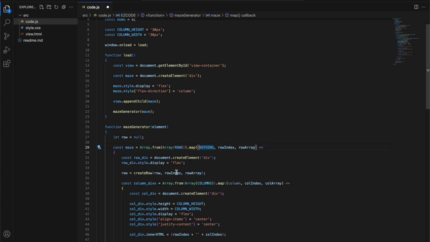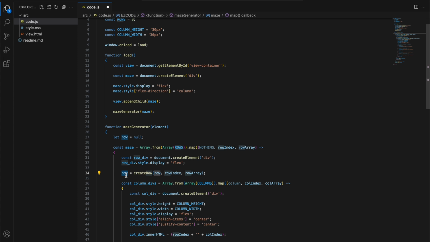And it's going to pass in the first row index, which is 0, and the row array. And then it's going to do its magic, and it's going to create a row for us. And that result of this function is when this gets assigned. So it's after the row has been created. Once that happens, the instant this gets returned, this is now the second row, or, well, the first row as